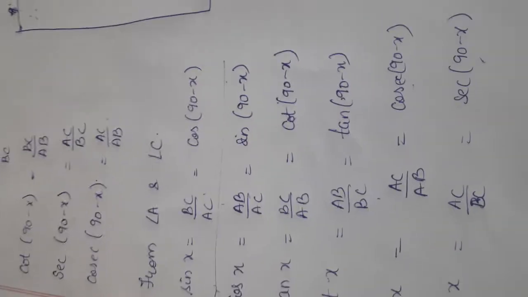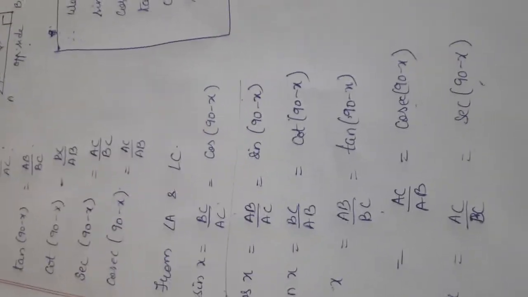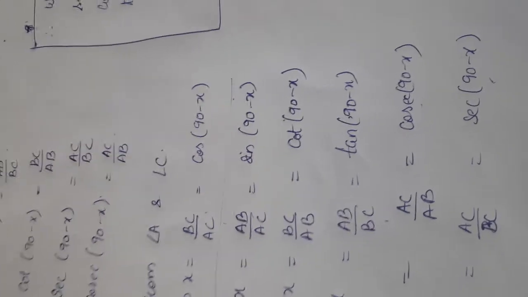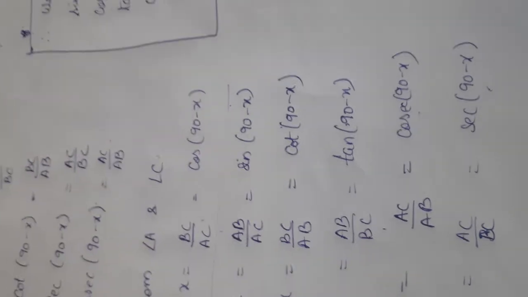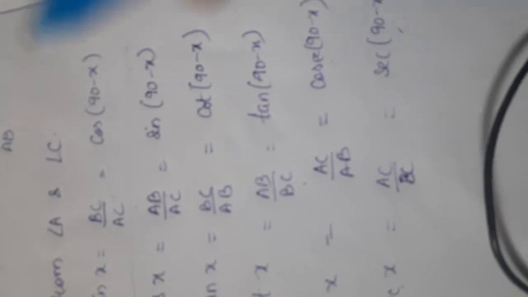Okay children, go through the video twice, thrice, you will get it clear, because you know how to write the trigonometric ratios using the sides. Okay, you write down individually. First see the video, try to understand. If you are not understanding, watch it twice, thrice, you will be clear with it. Then you can equate. Okay, now I am taking x as theta.